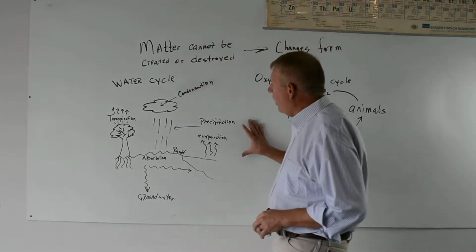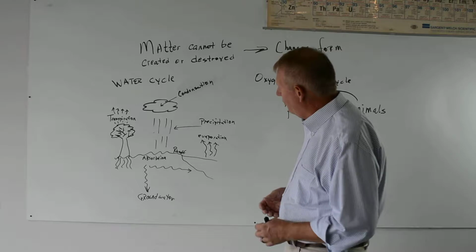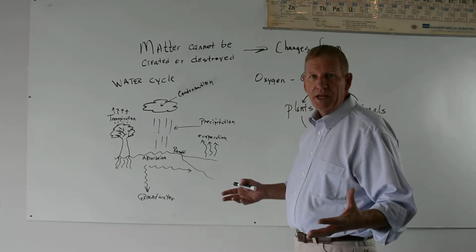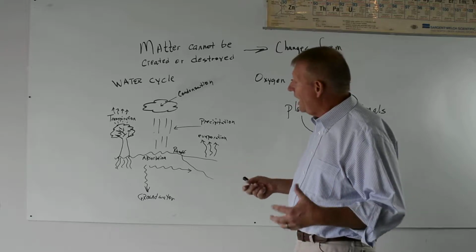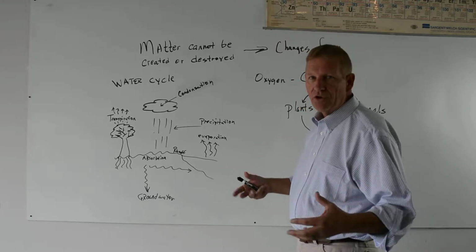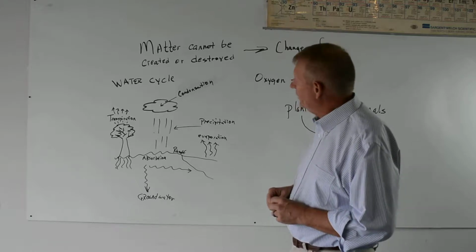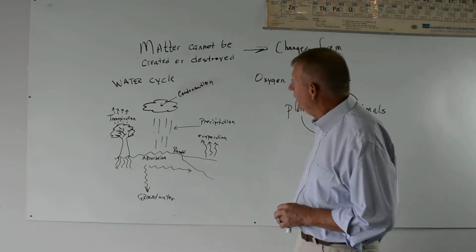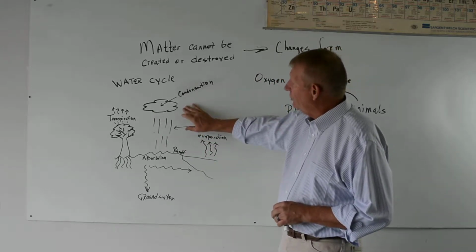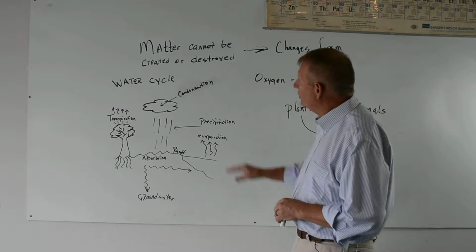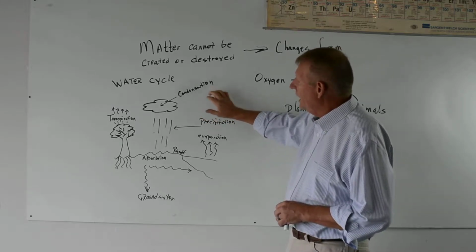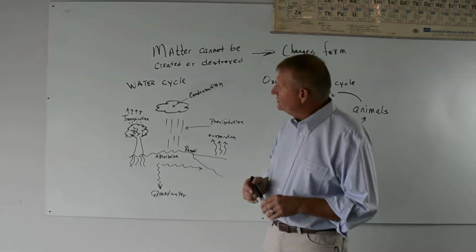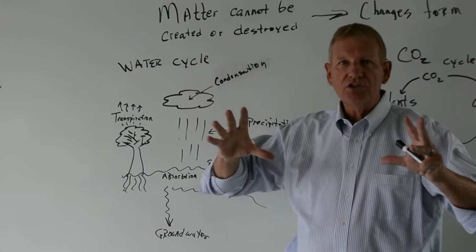When we look at the water cycle, you may have had some of this before, you may not. It's pretty important, so we put it in every single biology book that you've ever had. You've studied probably some of the water cycle just because it's so important. We can start anywhere, but let's start up in the clouds. What are clouds? Clouds are condensation. So what is condensation? Condensation is gas to a liquid.